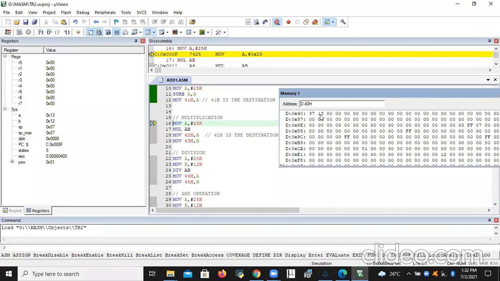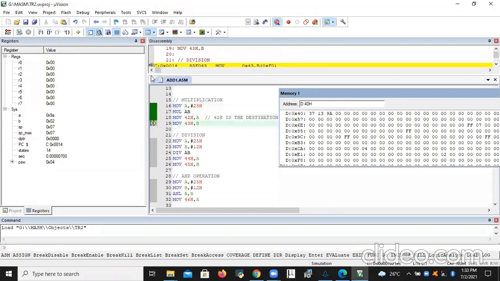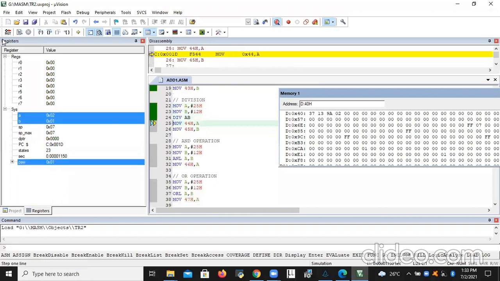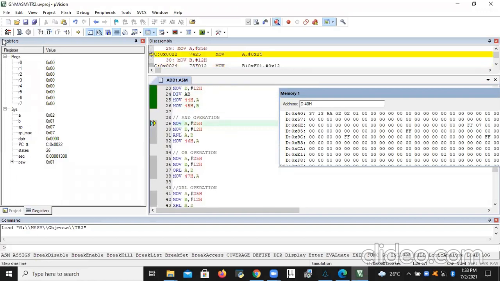The subtraction result is this one. Next, this is the multiplication result, one nibble and another nibble. Next, division: the quotient and remainder, you are getting all of them one by one. You observe here.